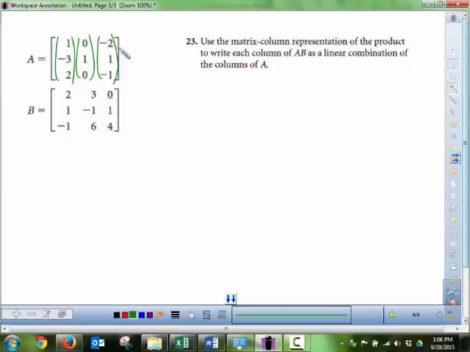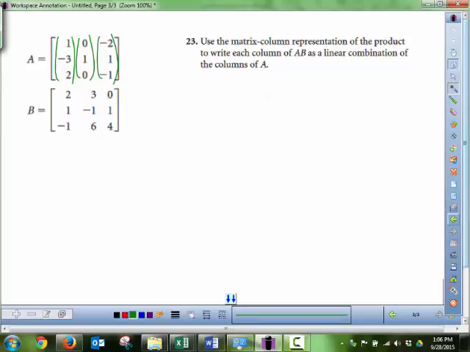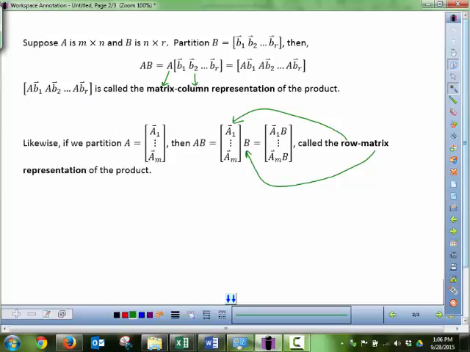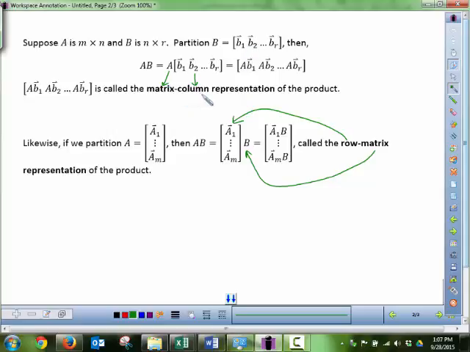And then each of those columns will be multiplied by the matrix B. So if we take a look at the process again, this is a matrix column representation. Oh, I'm sorry, we're going to break up B. Is that what we're going to do? Linear combinations of columns of A. I think they meant columns of B. No, columns of B. Yeah, so what they're doing in this one, the matrix column representation, A is a whole matrix that you're going to take, and then you're going to take a look at